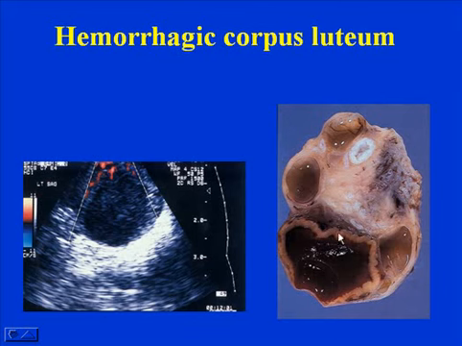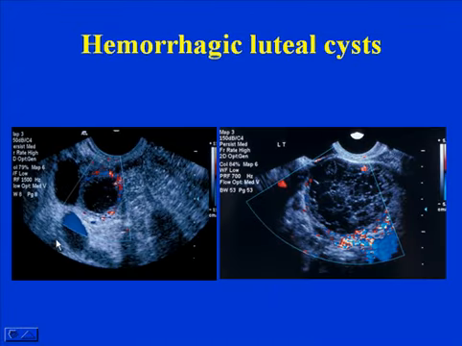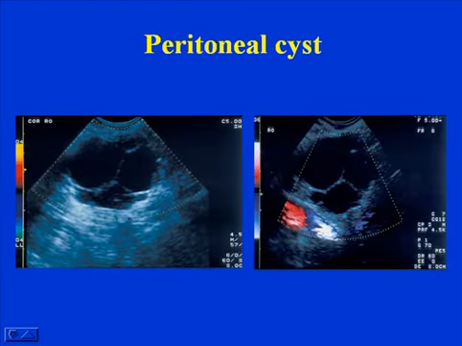Now, we can differentiate cancers from benign lesions by showing that the lesion does not have any significant central blood flow, such as in this corpus luteum and such as in this hemorrhagic cyst that we can see has some fine linear interfaces inside the hemorrhagic mass, and this is characteristic of hemorrhage. And we can also differentiate tumors from non-tumors. This is a peritoneal cyst by showing no vascularity